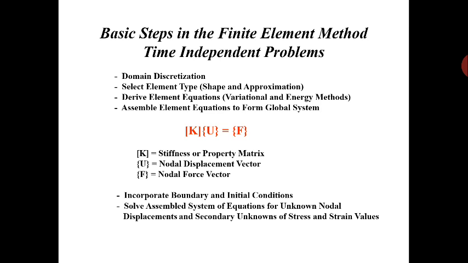There we can see many types of approaches, like we can have the penalty approach, or we can have the elimination approach as per the given conditions, because we know that at the fixed point we take the displacement as 0, and at that point the deflection is 0,